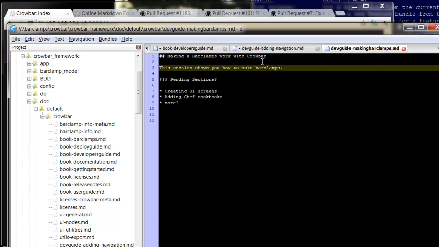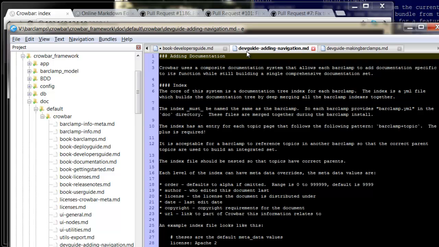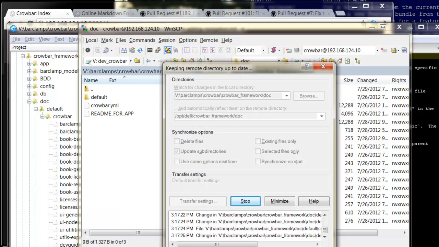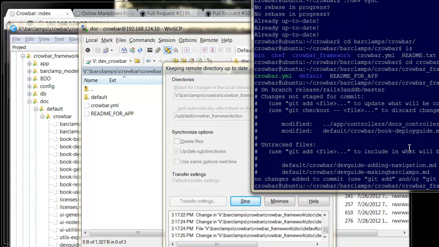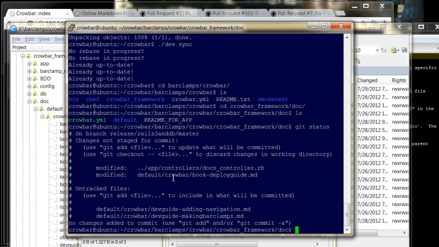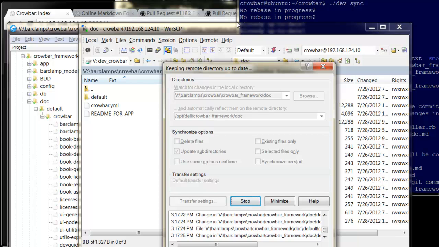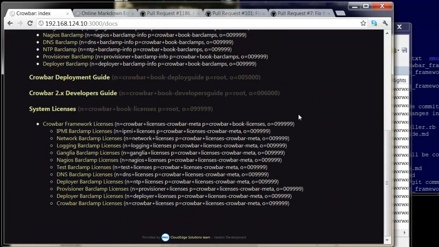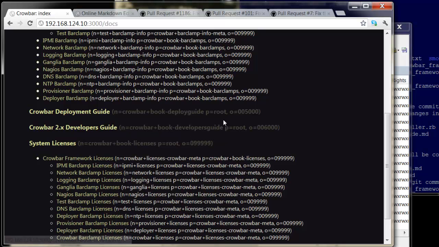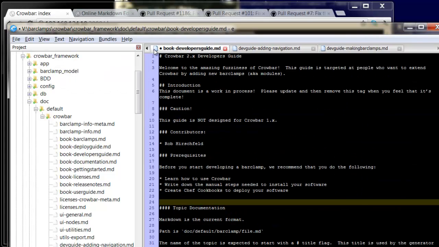All right. Here's my adding documentation. Now over here, if my WinSCP client has been happy, it has been keeping up with these changes and additions. All that's good. And then if my dev environment over here is happy, I should be able to see the same. Sorry, I'm not showing you. You can actually see these files that I just added. Okay, so everything's doing what I expect it to do. And now if I go over here and hit update, you'll see dev guide, nothing's changed, which is exactly what I expected. In order to make things appear here, you must add them into the Metafile